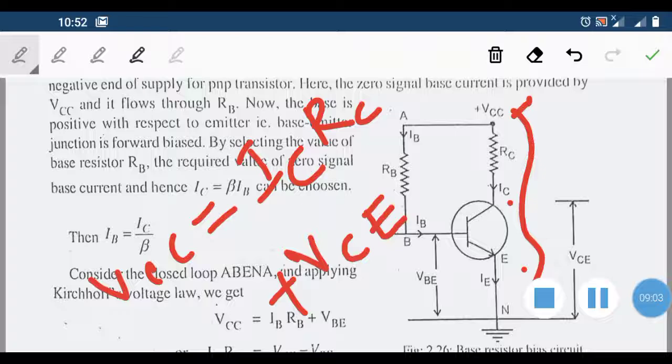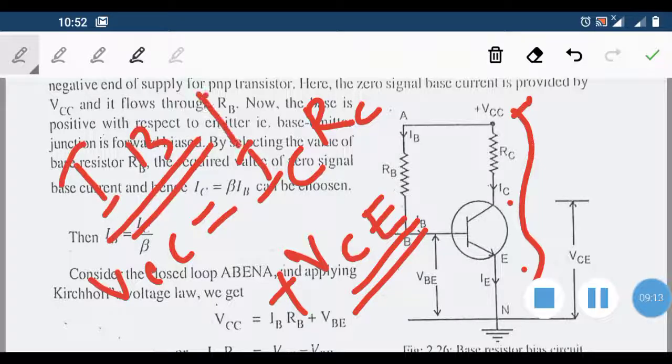Once you have to find out the operating point of this circuit, you have to find out the value of IB, which you have already obtained from the previous equation. If you know beta, you can find out the value of IC. By substituting this IC and VCE, which we are fixing, you can find out the value of RC. So this is the analysis of the second part of the circuit. You can determine the operating points IC and VCE for this circuit.